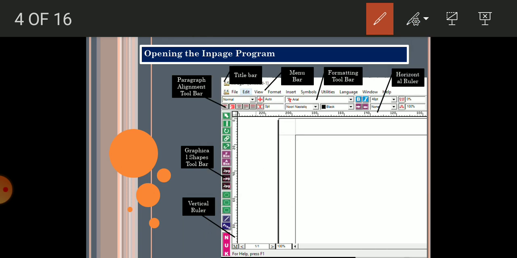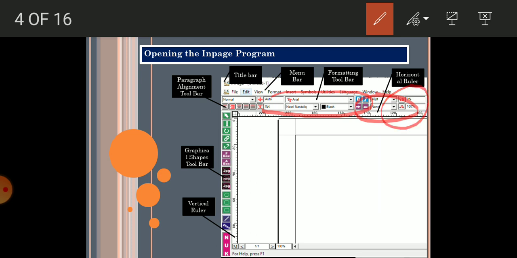Beside the menu bar and these graphic options, we have got the justification, the paragraph alignment toolbar, like justify, left justify, right justify, align center, etc. You can spot these options from here. Then we have got some text editing options where you can select the text style and also bold, italics and so on. You can change the size of the text, and there are zooming settings and so on.